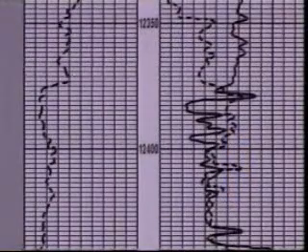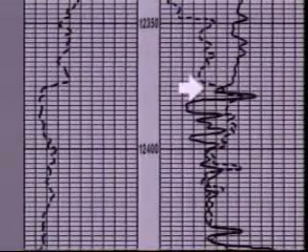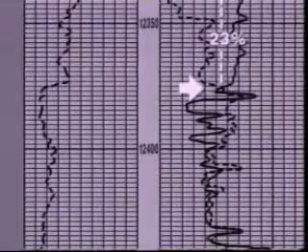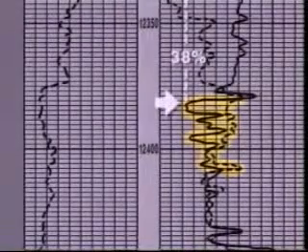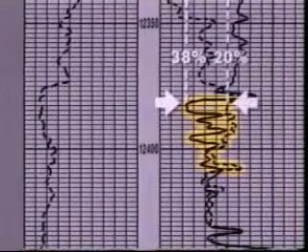The top of a sand body is indicated at a depth of 12,375 feet by the abrupt decrease in the gamma ray reading. A thin 2-foot interval of porosity is shown at the top of the sand, where the porosity curves average about 23% porosity. Then just below a thin low porosity bed, the two curves exhibit a marked reversal, with the density curve reading a high porosity value here of about 38%, and the neutron curve here reading a relatively low value of about